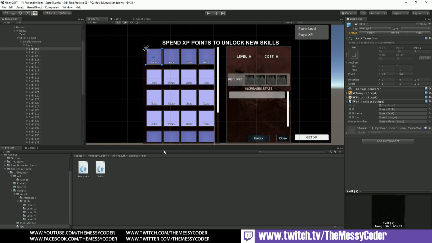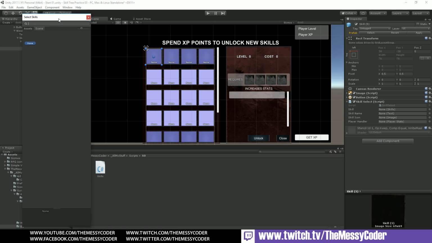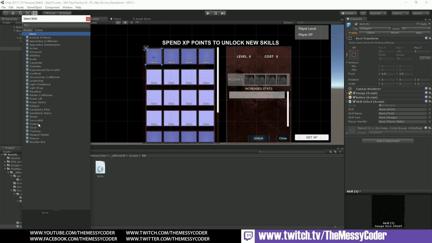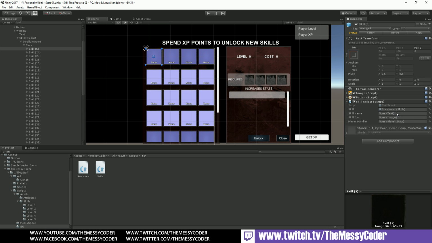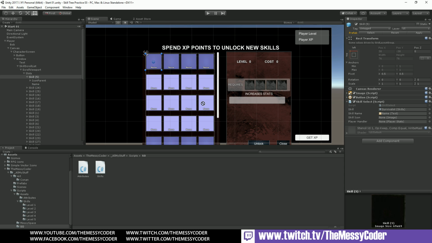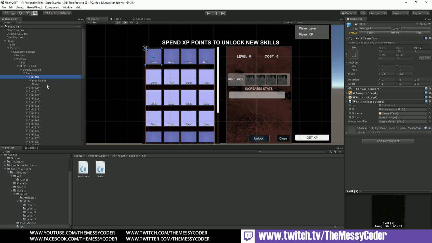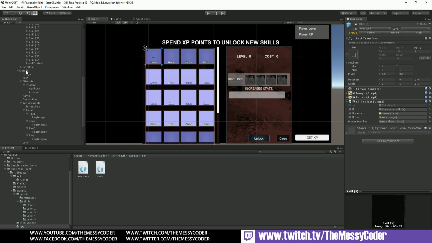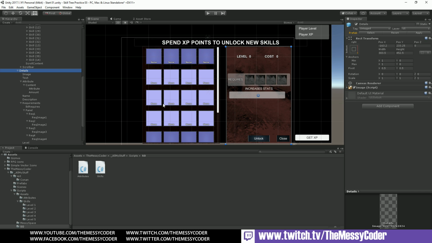And the first one in my list of skills, I'm going to have, let's put that there so you can see it, survivalist. There you go, that's my first one, survivalist skill. And the skill name, I'm going to drag in here, icon parent, we want to drag that into here on the skill icon. Right, let's pop down here to my details panel, and this is where all my magic happens,